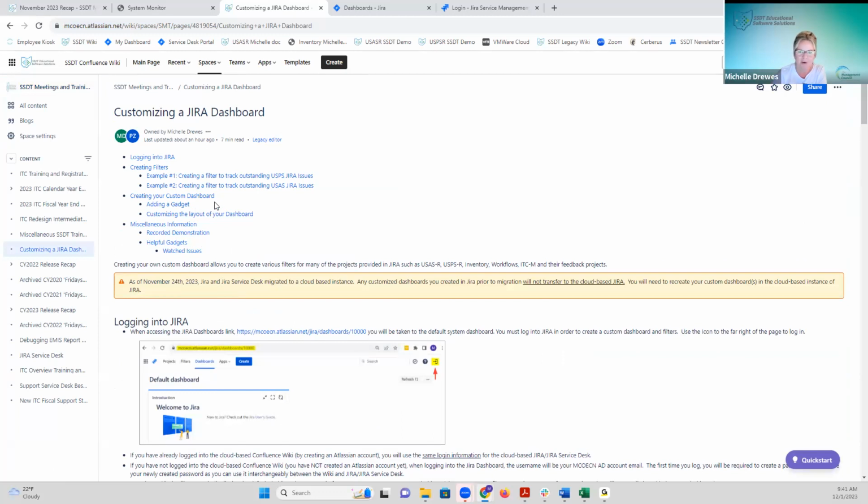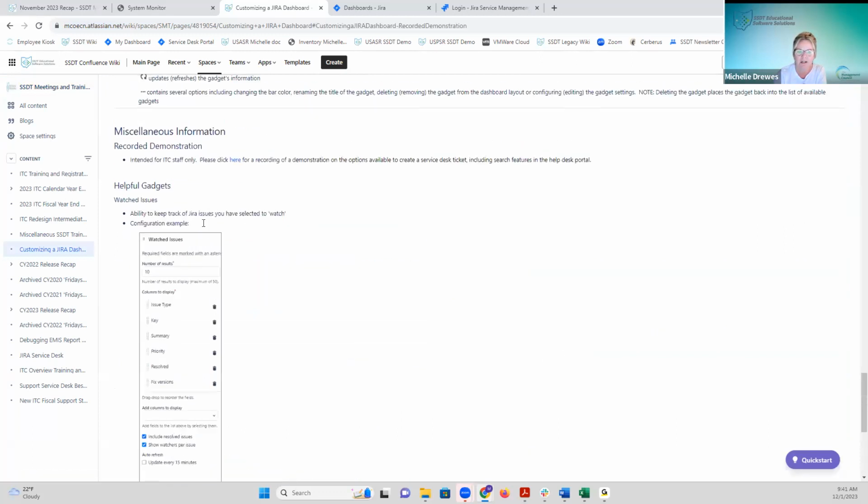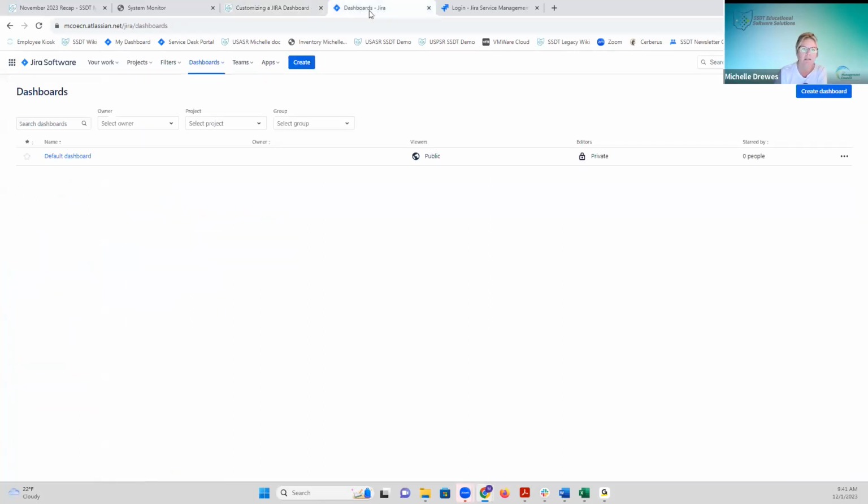I know that's a lot of information that I'm going to show you here in a little bit, but like I said, go to the recorded demonstration, and that will take you through a more detailed demo of how to go in and create your custom dashboard. So what I've done is I'm logged into a custom dashboard, and my dashboard is basically mimicking an ITC